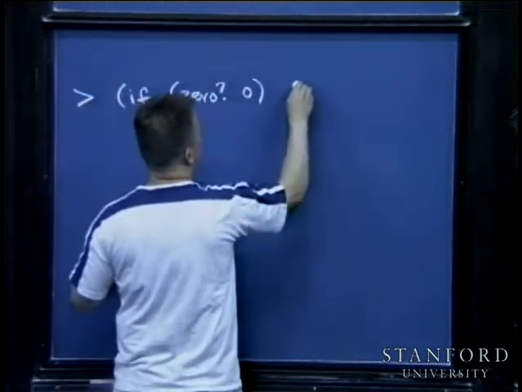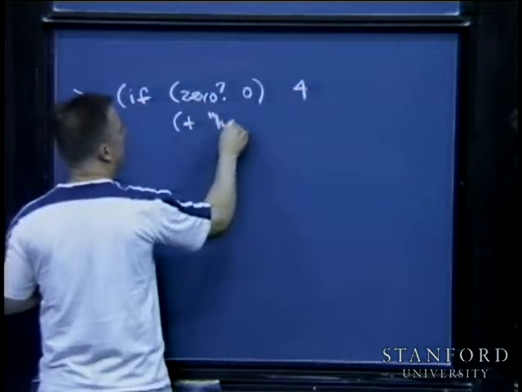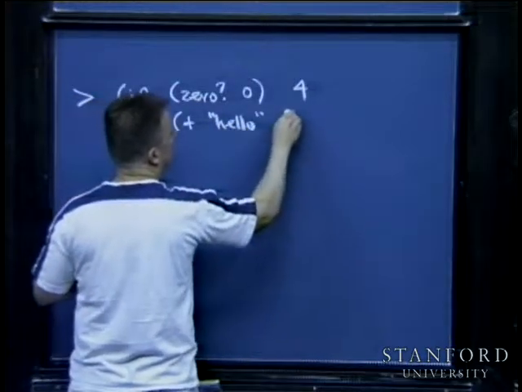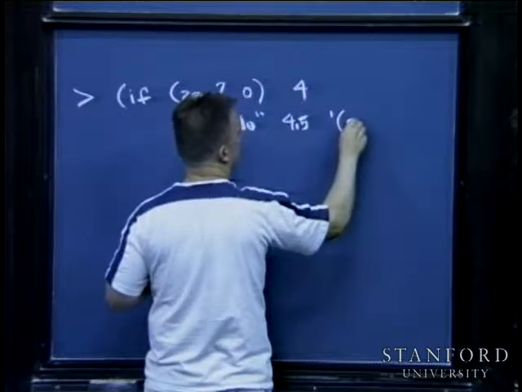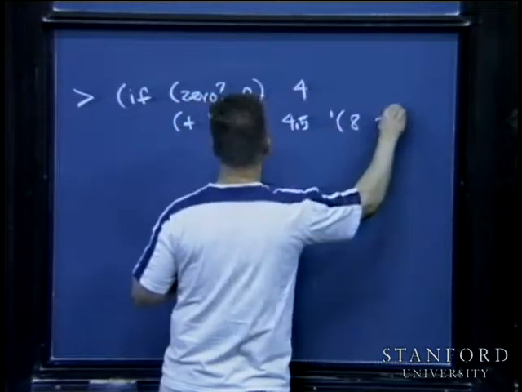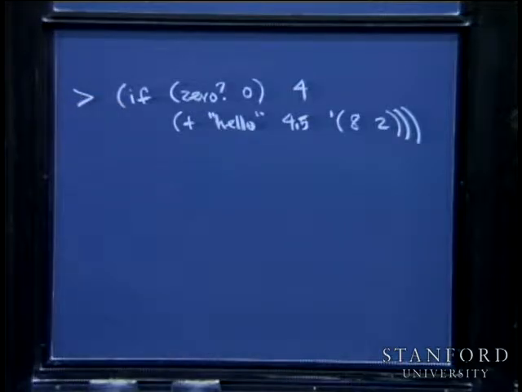Then I print out 4. Otherwise, I print out hello and 4.5 and the list 8, 2, all added together. Now, from a type standpoint, that else expression that's going to be evaluated if the test fails,